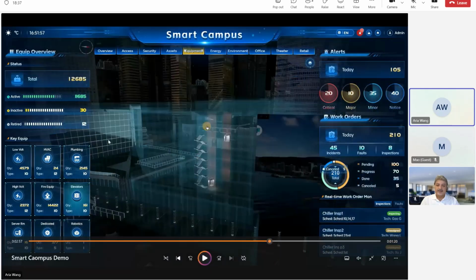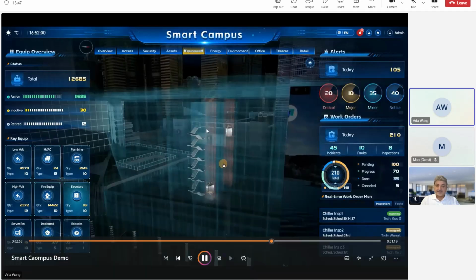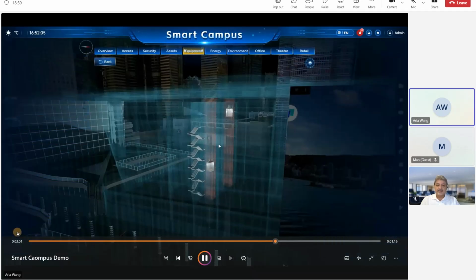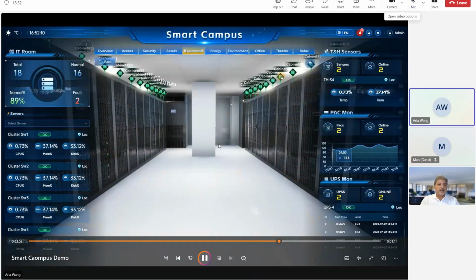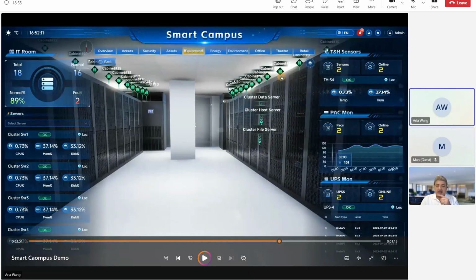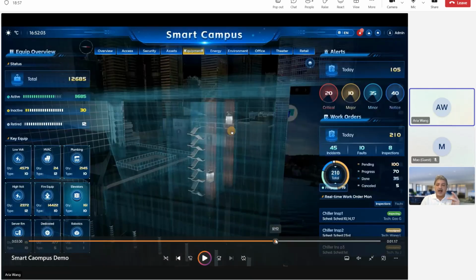Okay. So here we're back to the equipment management module. For the elevator, if we click into it, we can get a clear view of the operating elevators. And also, sorry, I have a question here. So you see live in real time the elevator moving, and so it means that you have IoT sensors everywhere. You see everything on the move in real time. Yes, the smart campus